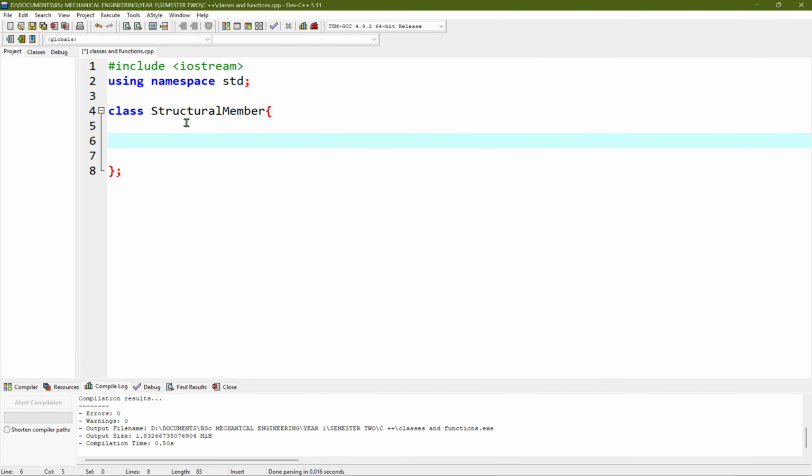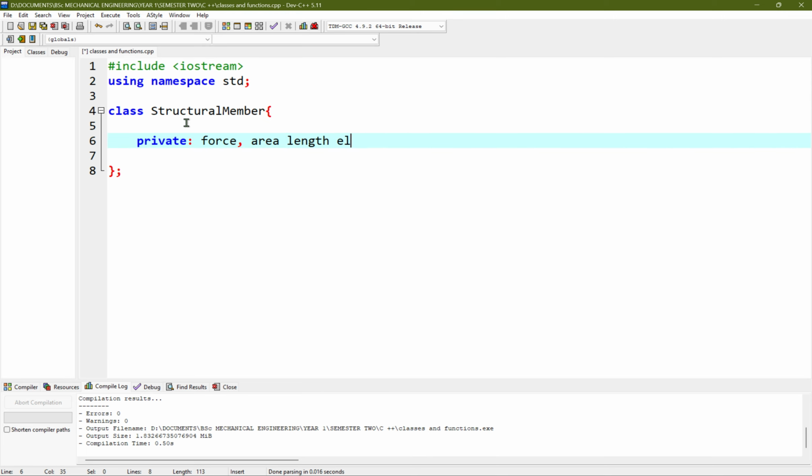I'm going to first put a private domain, just so that the user doesn't disorganize our things. I'm going to explain private and public deeper later, but for now the private is so that the user cannot give us any, should I say, nonsense. So I'll create force, then area, then length,